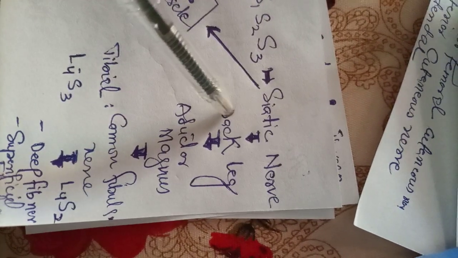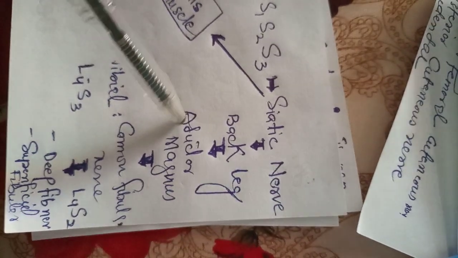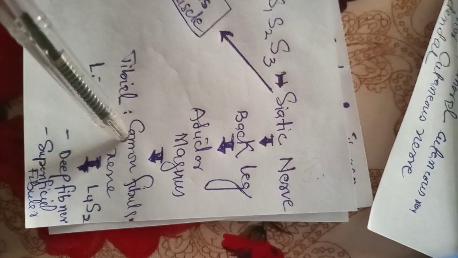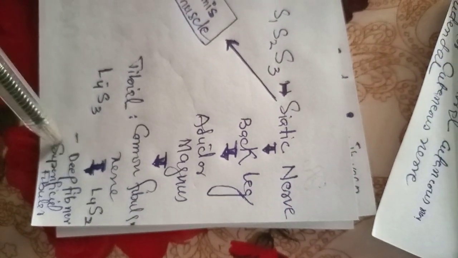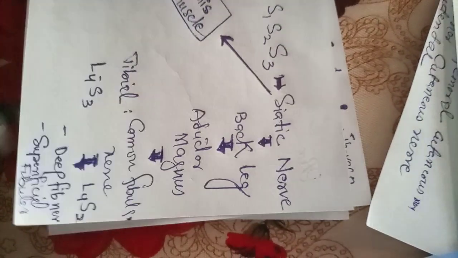Now, also the sciatic nerve is the longest nerve of the body, and it has all the nerve roots except S4. It travels down the back of the leg, supplying the adductor magnus, and divides into the tibial and fibular nerve, and then the fibular nerve goes down into the deep fibular nerve and superficial fibular nerve, and this way it innervates down the